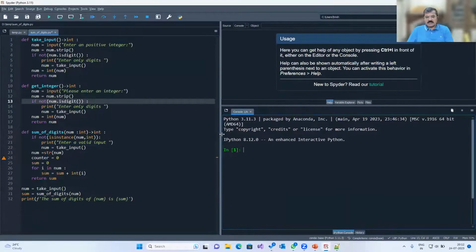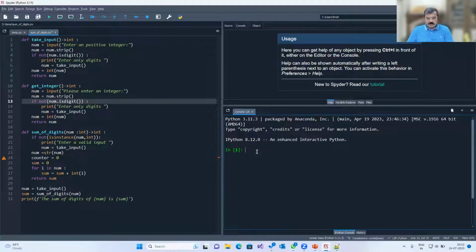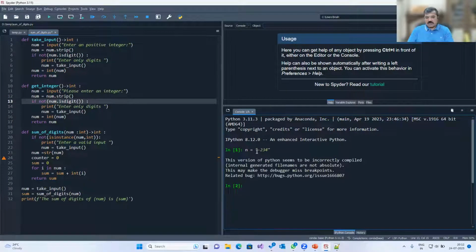I hope this is visible. Suppose I have some data. N is equal to, we had done this validation earlier as well, 234. So I want to check